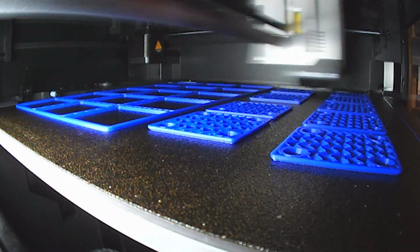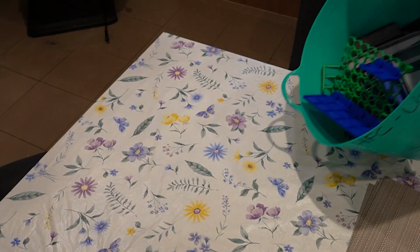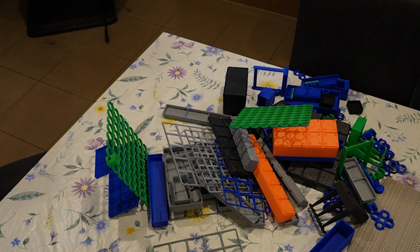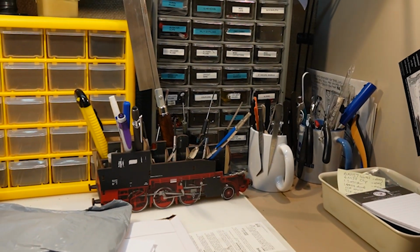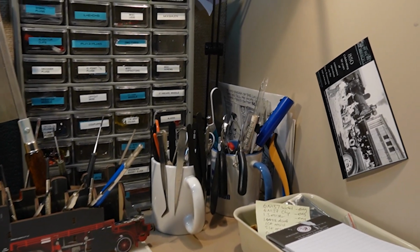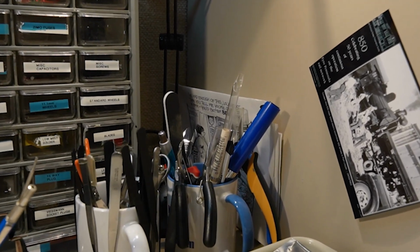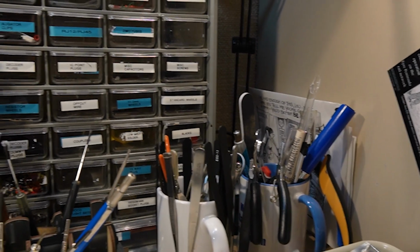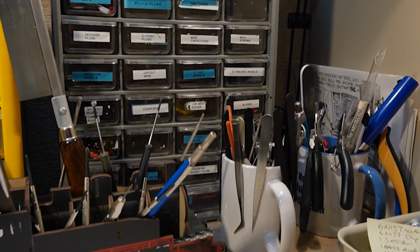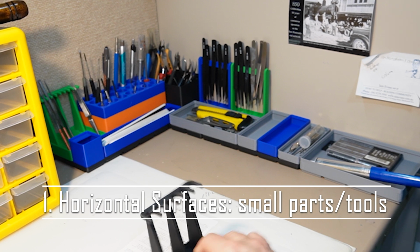I'm just going to particularly be talking about my hobby bench clutter, and as the months go by and I print more and more items, I'm going to get it into my garage or my shop and into my layout room to help my organisation. So in this video I'm going to concentrate on my first areas of clutter, which is in and around my workbench, which at this point in time will only appease condition number 1 that we've already spoken about, which is our small tools and our smaller parts on horizontal surfaces, and later on we'll go into the vertical type surfaces. So let's address condition number 1, which is where this video and subsequent videos will be going, is